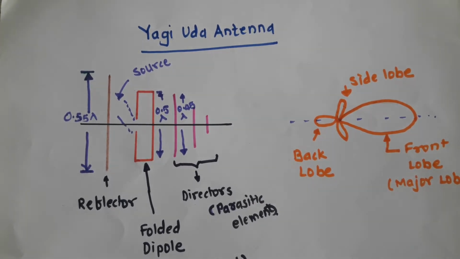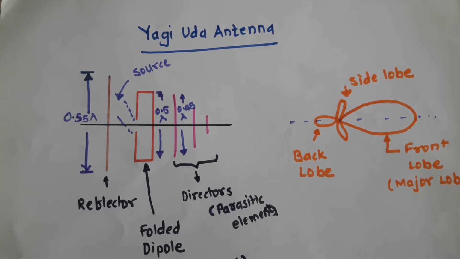So, dear students, today we are going to discuss another type of antenna, and the name of that particular antenna is called the Yagi Uda antenna. Now, the word Yagi Uda is derived from the names of the scientists Mr. Yagi and Mr. Uda, the great scientists from Japan. So in honor of these two scientists, this particular antenna is named the Yagi Uda antenna.